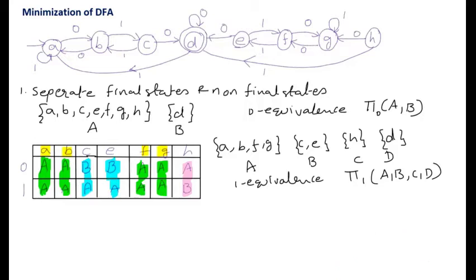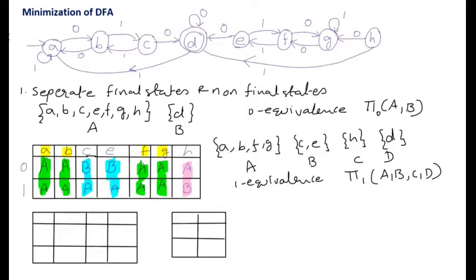To calculate one equivalence, we used the sets of 0 equivalence, so to calculate two equivalence, we need to use the sets of 1 equivalence. To find two equivalence, we need to write here A, B, F, G and the input symbols are 0 and 1. In this table we need to write C and input symbols 0 and 1. A on 0 moves to the state B, and B belongs to the set A, so we write A. A on 1 moves to the same state A, which belongs to the set A, so we write A.